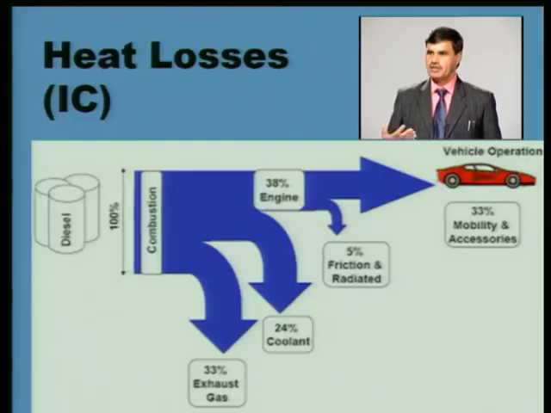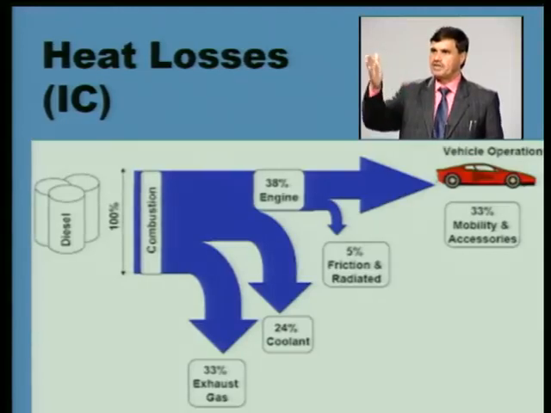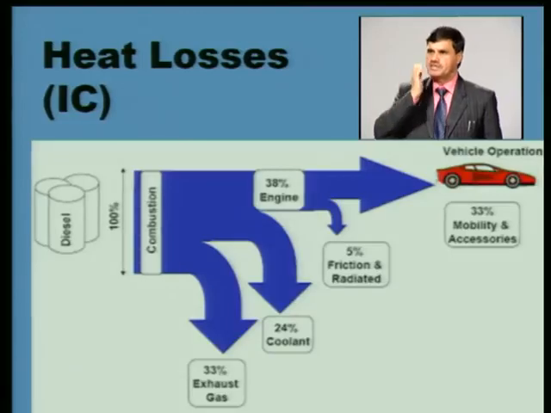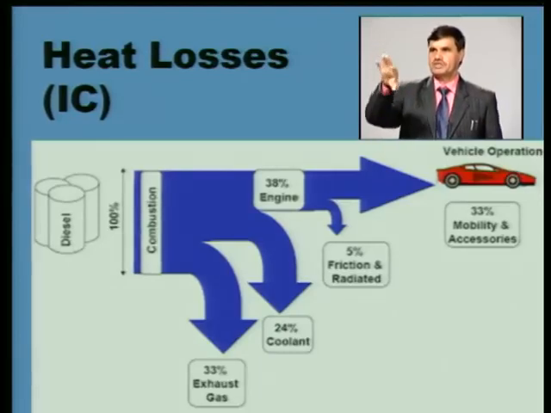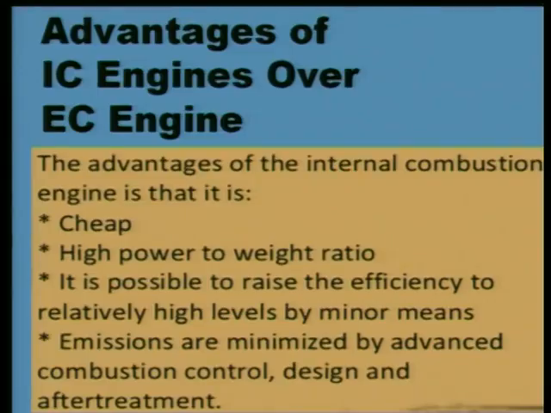I am showing you that roughly 33% heat is going in exhaust gases, 24% is going in cooling water, then 38% is going from the engine, but some accessories and friction losses are also there. So really on the engine output shaft, the crankshaft, it is coming 33%. So the majority of the heat which we are supplying is going as waste. Our target is to reduce these losses, maybe exhaust losses, cooling losses, or frictional losses, and at the same time the irreversibilities which are available have to be reduced.